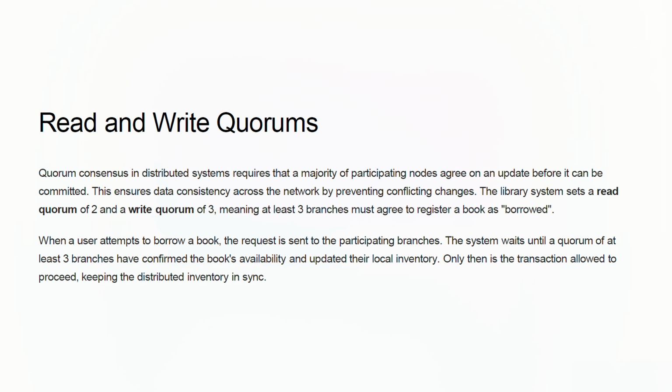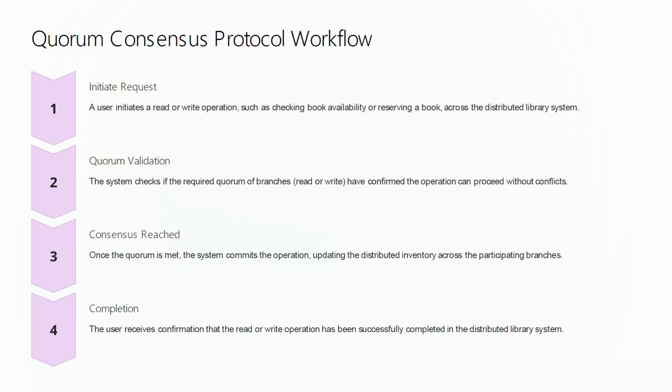Quorum consensus protocol flow. When a client, such as a library user, wants to read or write data, they send requests to the system. For a read request, the client contacts enough nodes to meet the read quorum, retrieves the data, and then merges it to provide a consistent response to the user. For a write request, the client needs responses from enough nodes to satisfy the write quorum,